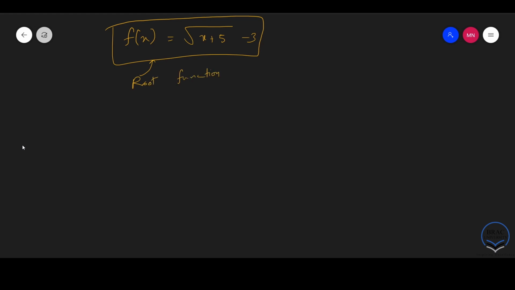And we know that the graph of a root function, so we looked at in the previous case, we looked at the graph of the square root of x, and we know that the graph of this function looks something like this, right? It continues to increase like this,